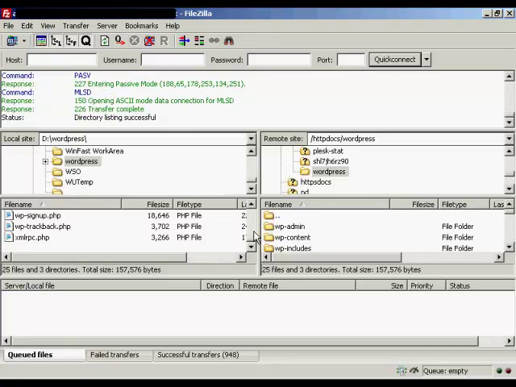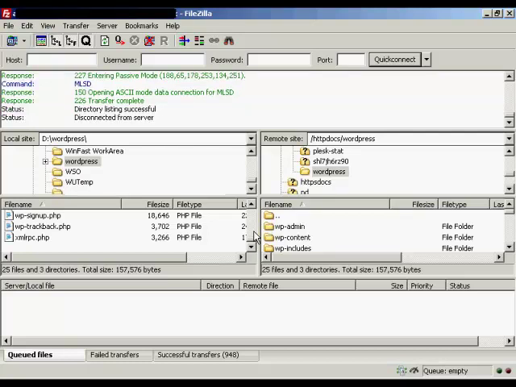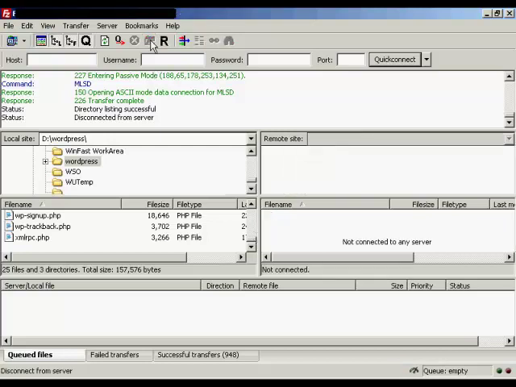Exactly how long this will take will depend a lot on the speed of your internet connection. If you have a super fast broadband, it'll only take a few minutes. On regular broadband, it can take about 15 to 20 minutes. On a dial-up account, it can take a lot longer. In fact, there is such a lot of data here that your dial-up might time out and you'll have to reload it. But the good thing about FileZilla is it will tell you if any transfers have failed so that you can upload them again. Okay, that's all done, so all I need to do now is log off the server